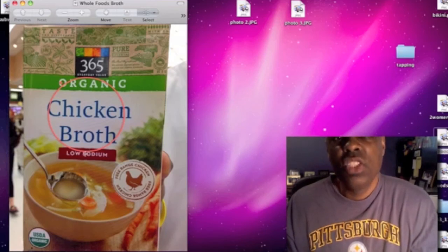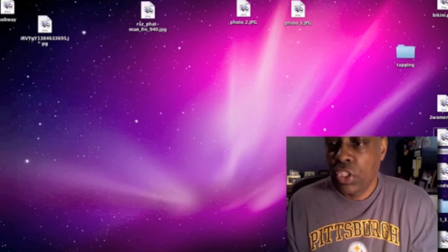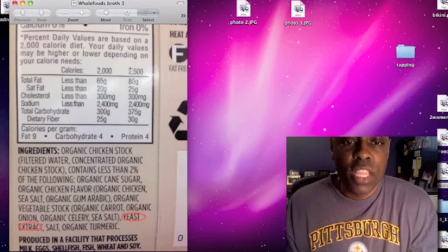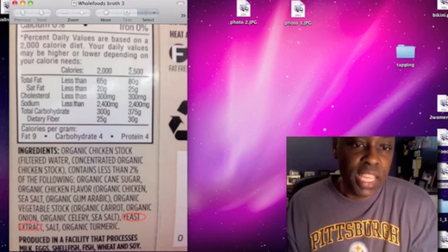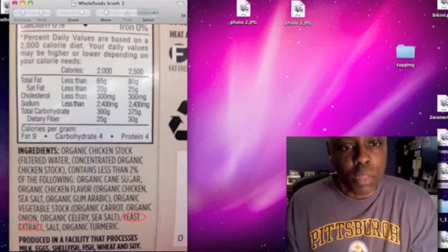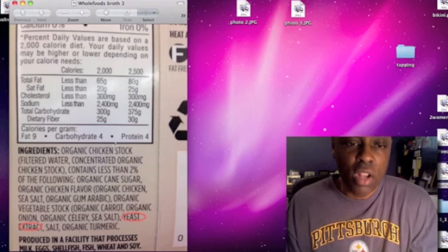So this is chicken broth here. I just took a picture of the front, and then I want to show you a picture on the back. We just went over these names that MSG can be hidden under, and lo and behold, what do you see here? You have yeast extract in chicken broth from Whole Foods. So don't be fooled by what you're seeing with the USDA organic label and all this other stuff that's going on. You have to flip the carton on the back